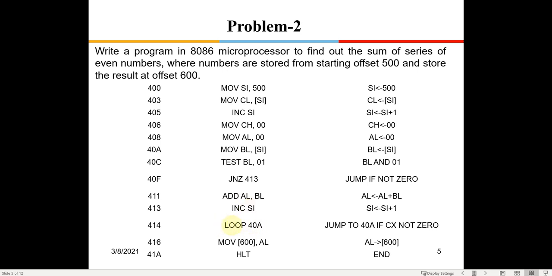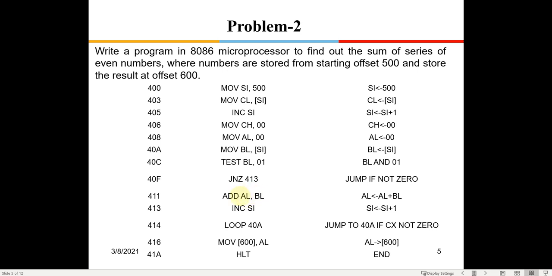Okay, loop operation will check for the counter, and we are writing 40A here, so it will come to move BL. Already we have done SI, so it will take the next number out here, right? So if it is an even number, if it's 0, then you add AL and BL. So BL is the content of that register, whichever is the memory. Initially we have initialized it to 0.